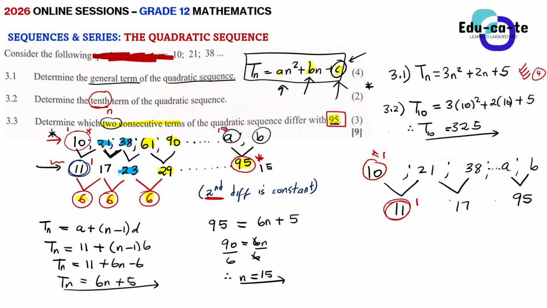This second term of the arithmetic sequence, which is 17, is the second position. In this case, for the quadratic, 21 is the second position. So this is position 2 for the arithmetic and position 2 for the quadratic. Do you see the trend? If I use the same trend, the position of 95, I found out already, is 15 using the arithmetic sequence. So the position of A, which is the term to its left, is also going to be 15. Do you see the trend?